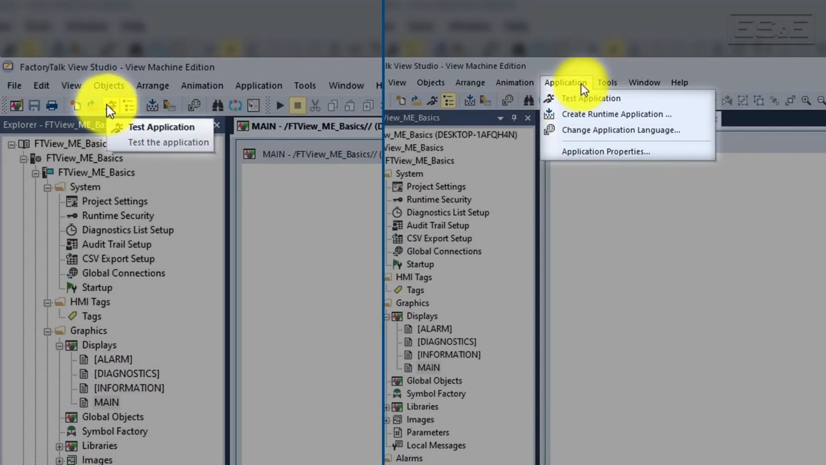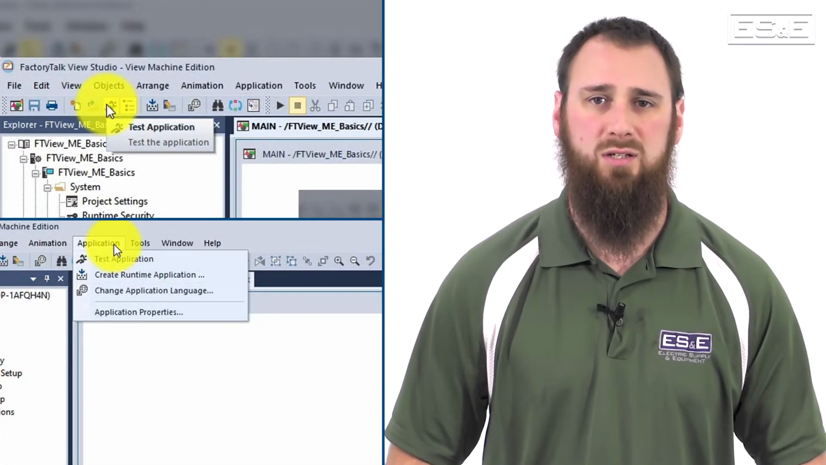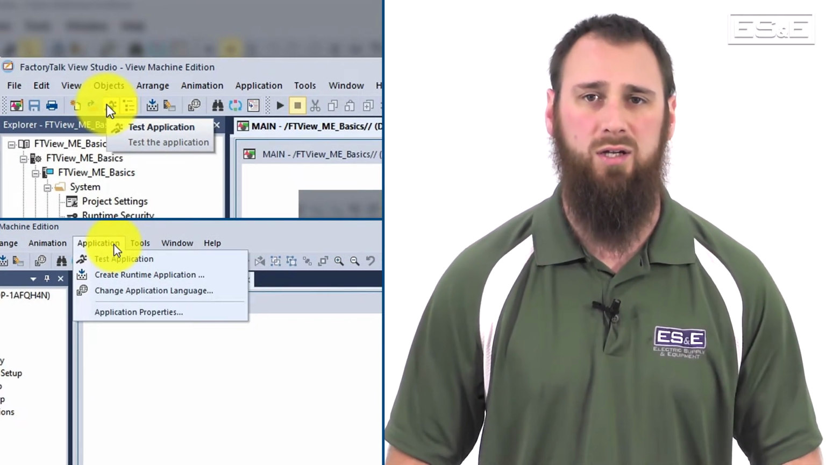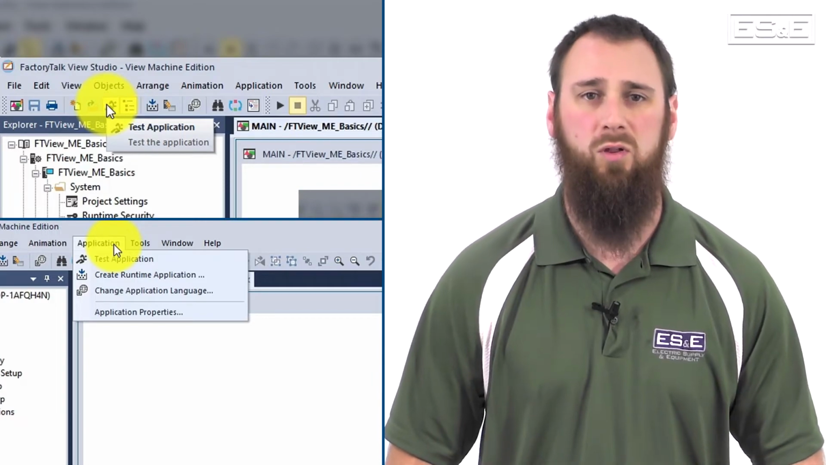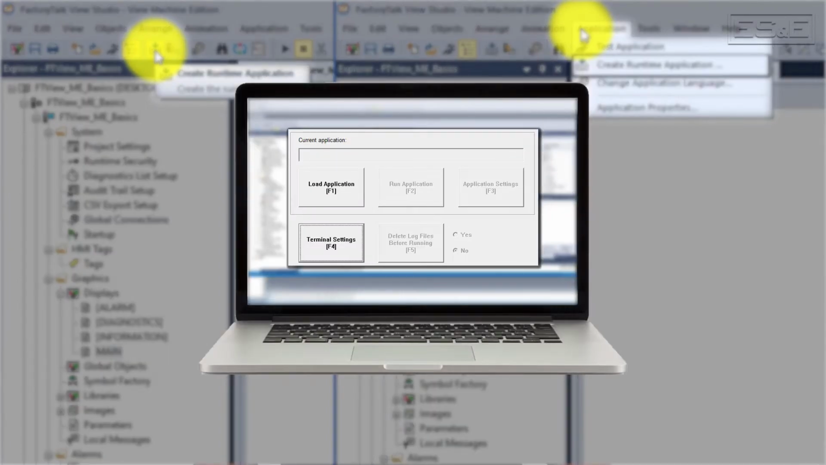The second method is called test application, which creates a temporary runtime. This will compile your application and run it as if a runtime is being opened by the application in the top left corner of your PC. Test application allows you to test navigation and verify that other functions are working, but it doesn't work for global objects or macros. The third and final method is to create a runtime and then run the FTView ME station